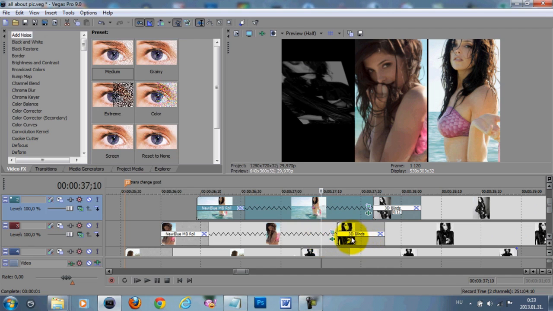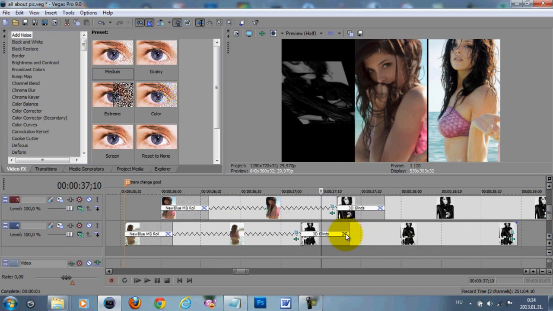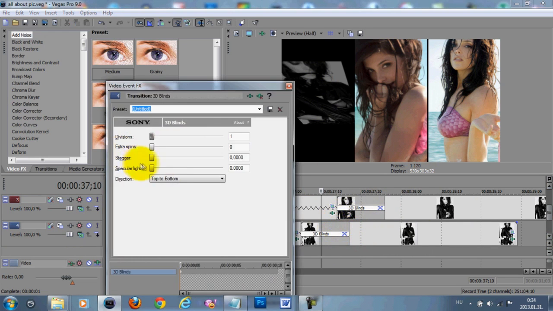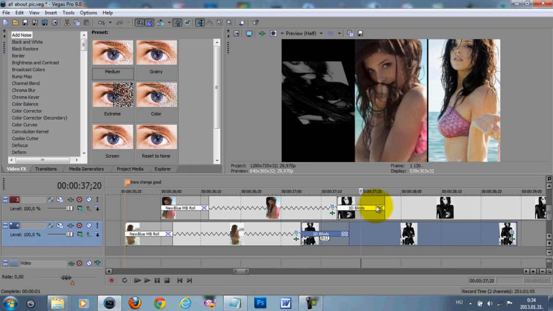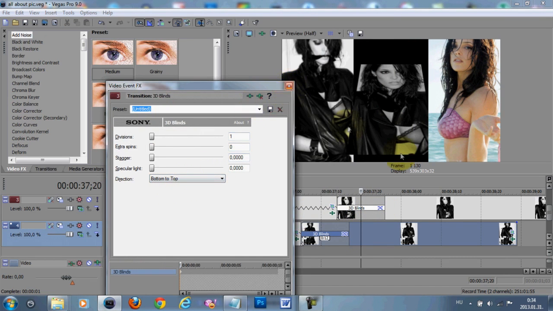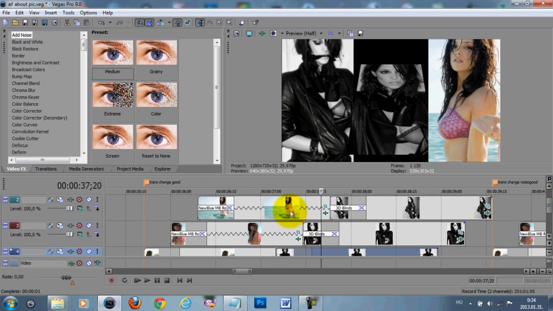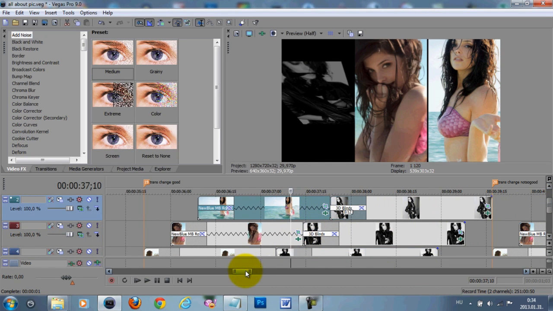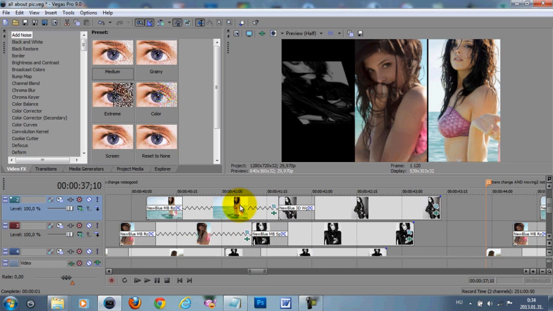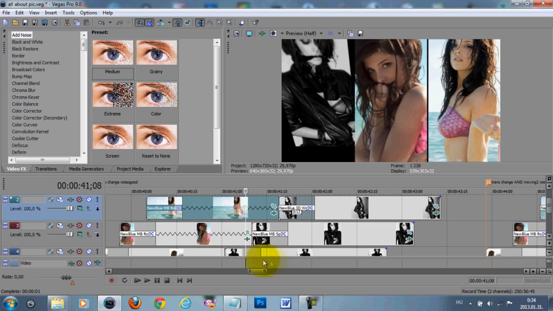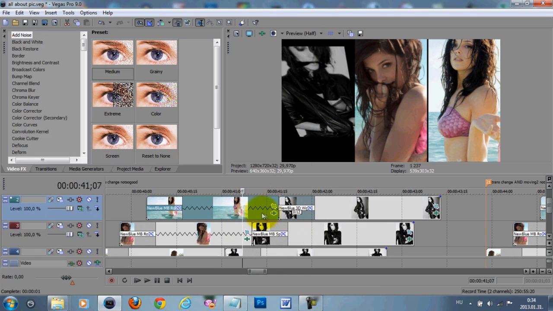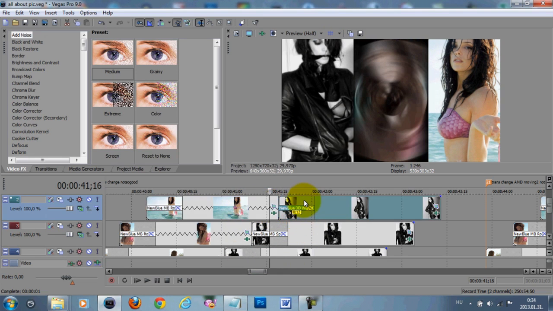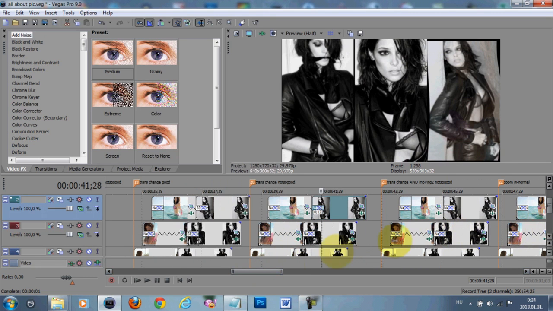So for this I selected 3D blinds, but again I'm gonna change the settings on the middle one. While this one and the right one will be top to bottom, the middle one will be bottom to top. But you can make all three of them top to bottom, or however you like it. I like it to be the same transitions or similar ones, and I did it differently right here. So it's a blind one, the first one, and then a spin, and then a wiggle, and I'm gonna show you the difference